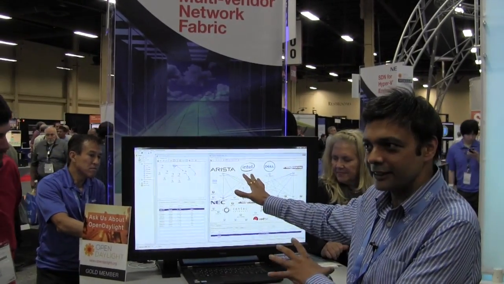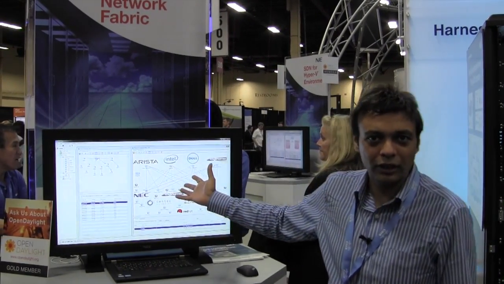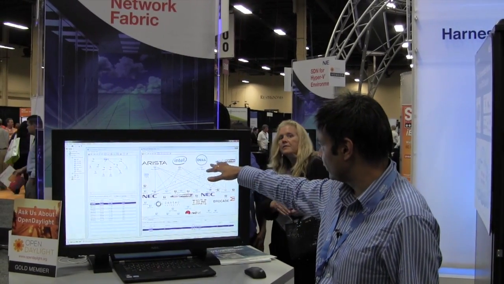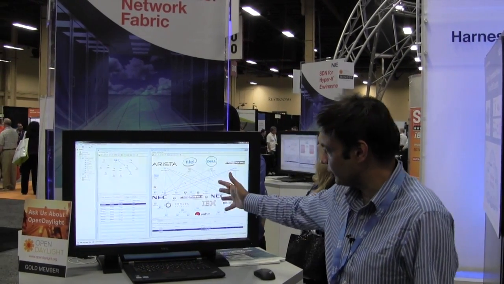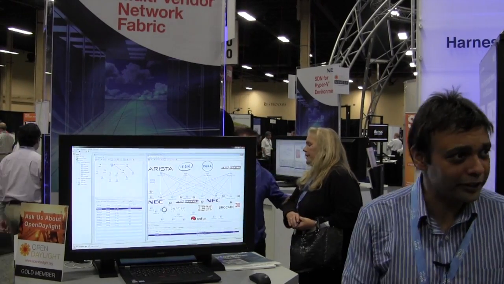So here you can see the management console, and these are all the different vendor switches which are working with our controller. It shows Arista, Intel, Dell, Extreme, and many of them. And this topology which you see here is a class topology. So it's a great thing. You're able to create a class topology with multiple different vendors and create a high bandwidth network fabric